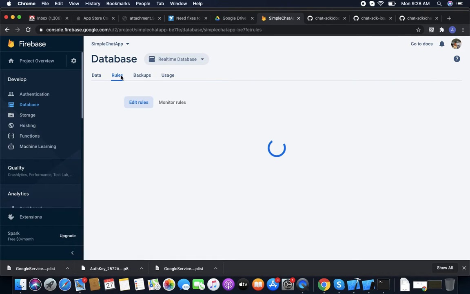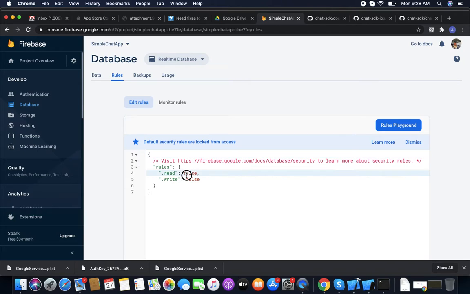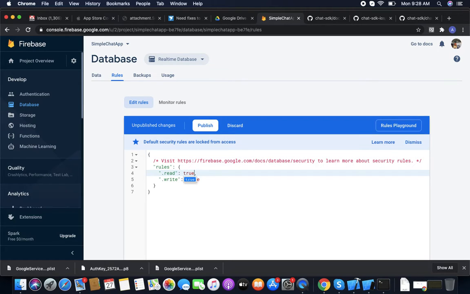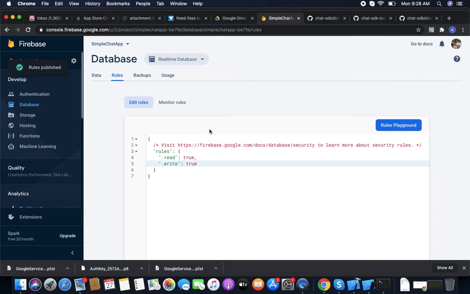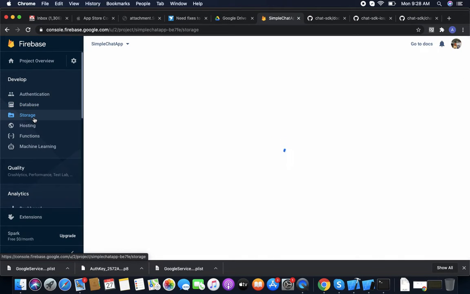So we need to set up a rule for the Realtime Database. Basically, read and write access are false. We make it true, or you can make your own according to your conditions. Now rule okay. Now we need a storage.